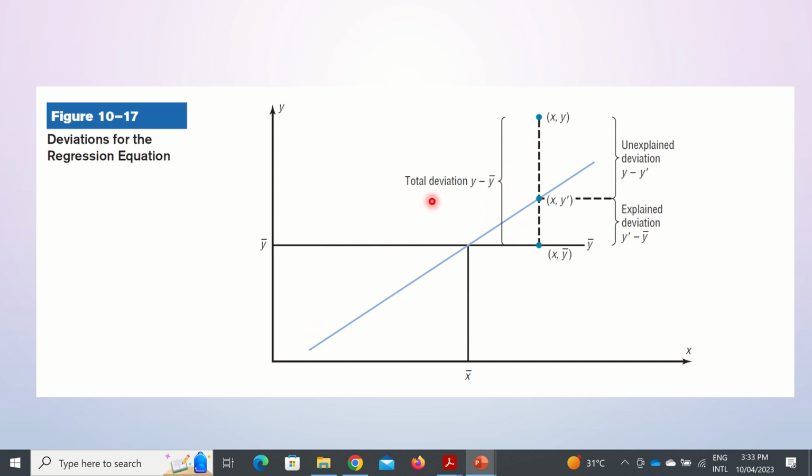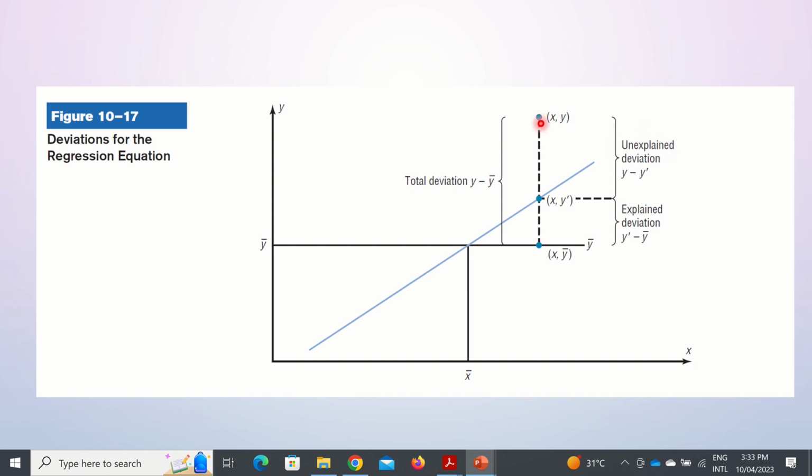So that total summation will give you the total variation. Whereas the difference between the predicted value and the mean is the explained variation; taking the square and then the summation, that will be the explained variation. The difference between the predicted value and the actual or observed value is known as the residual, and then we take the square of it and the summation,